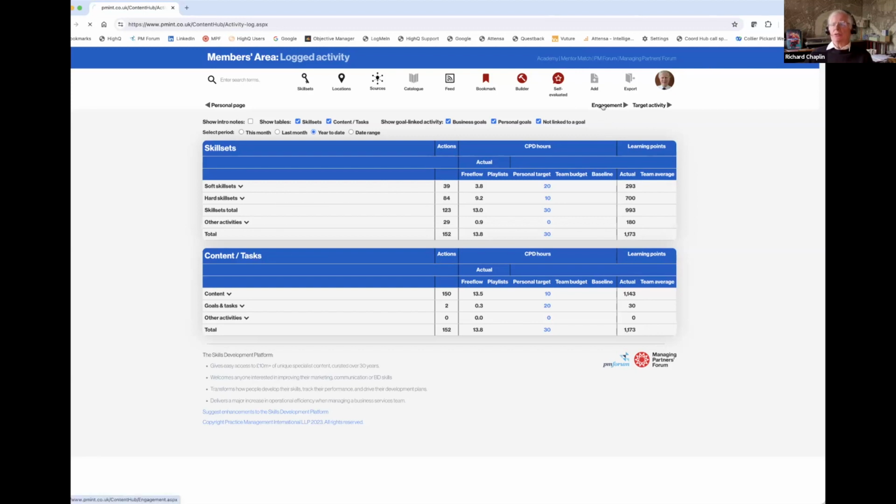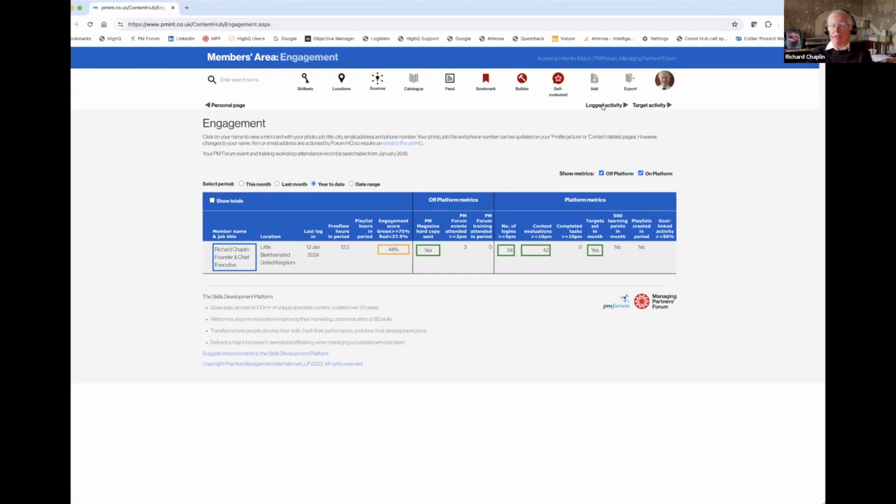In addition to the ability to see what people have been doing, we have engagement. And you recall that one of the biggest challenges that we've identified is people not being engaged. Very busy, lots going on, I don't have the time or whatever. So we built a very simple, but I think quite powerful tool to allow people to see across these different